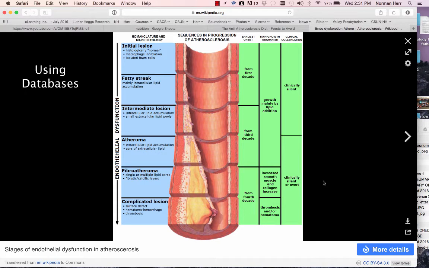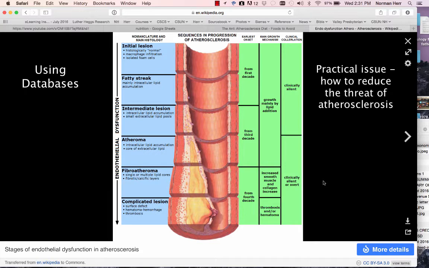In this activity, we're going to focus on how to use databases, and we're going to use a database in Google Docs, namely Google Sheets, which has both spreadsheet and database capabilities. When we talk about atherosclerosis, commonly known as hardening of the arteries, it's a very serious health concern here